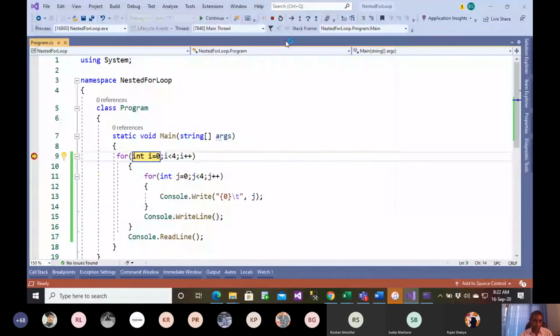Now this came into this loop. This loop will not interrupt unless all the conditions below are satisfied. So this came here, again this went up, again this went up, again this went up. Now this went on after the value of j is 3. You can just see what the value of j is here.